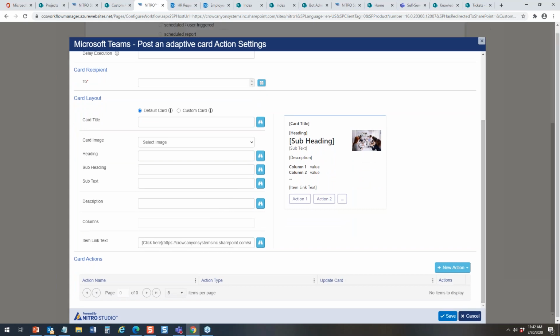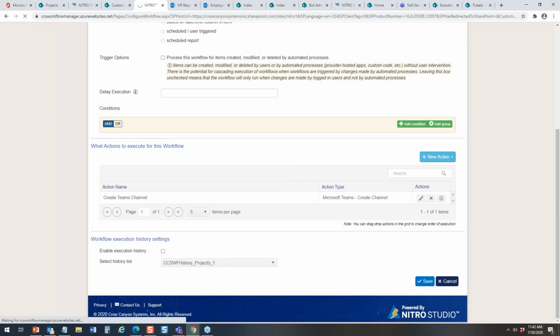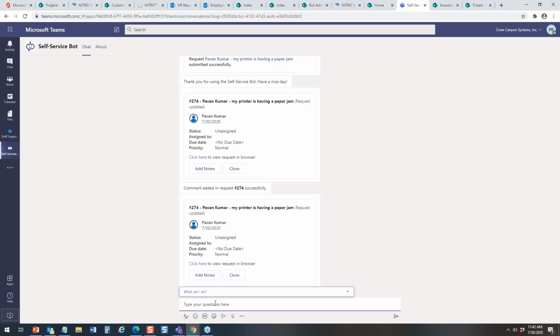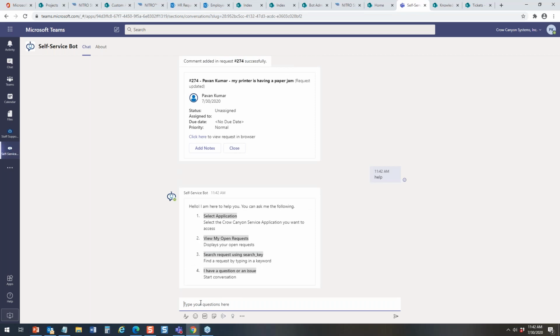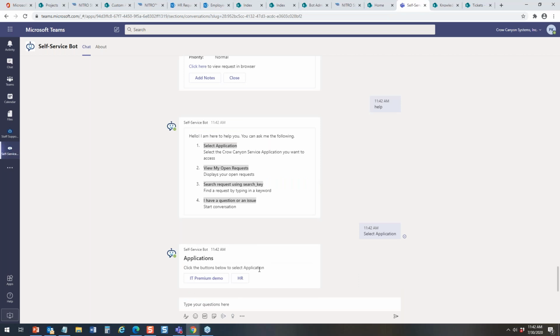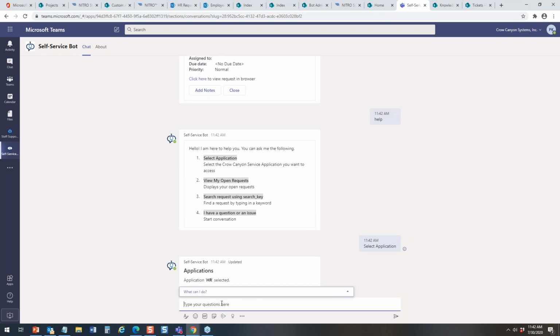I'll show you some more of that when we go into the approve or disapprove process that's available inside of the self-service bot. So let's go here and do that right now. We're going to restart this. You got this ticket, it's a paper jam thing, help. It's just a way of restarting it. We're going to select the application called HR. Kind of like changing hats a little here. So we're going to switch over to the HR and say,